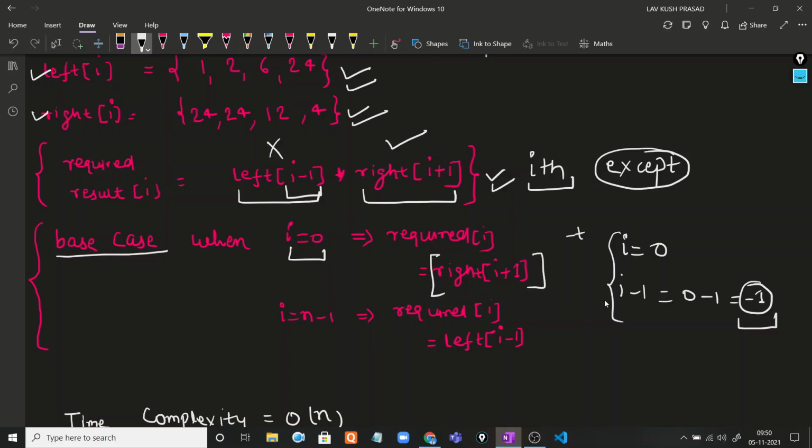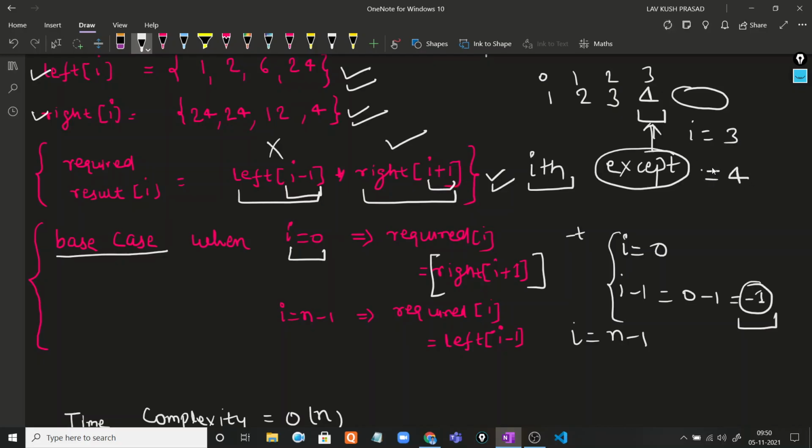Another base case is what if i is equal to n minus 1. Let's suppose we are at the last index, so there is no right value. Here, let's suppose i is equal to 3, with indices 0, 1, 2, 3, and if you find i plus 1 for this case, i plus 1 is 4.